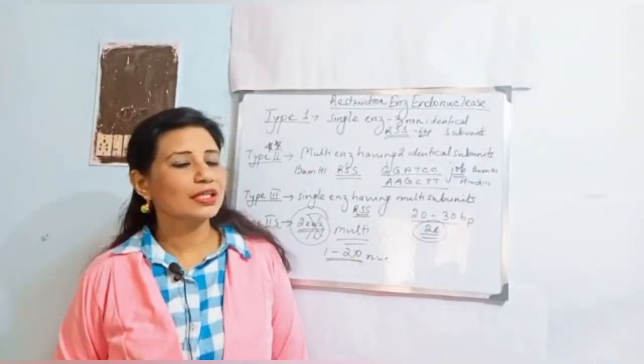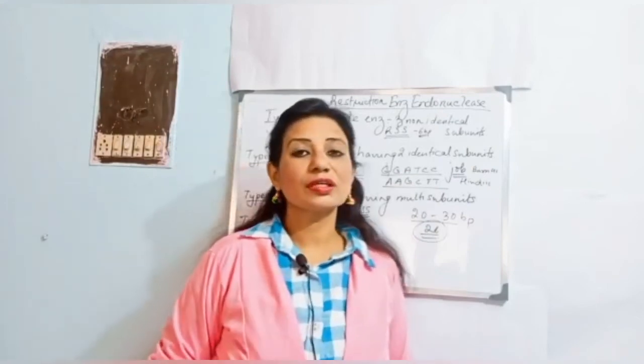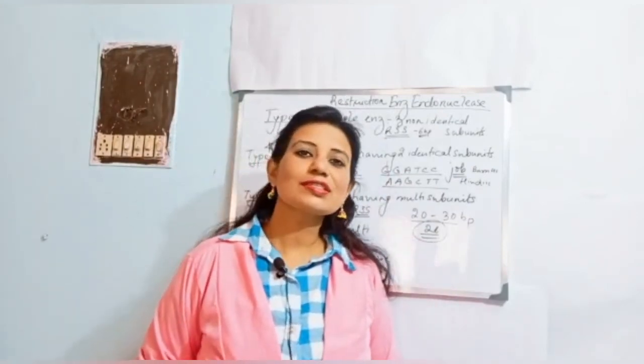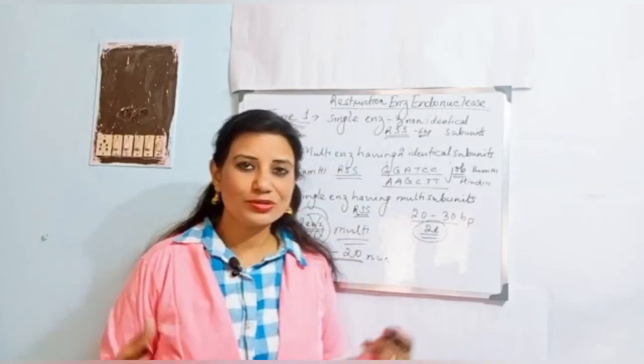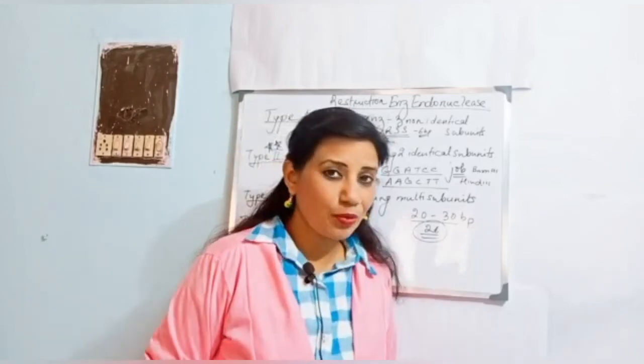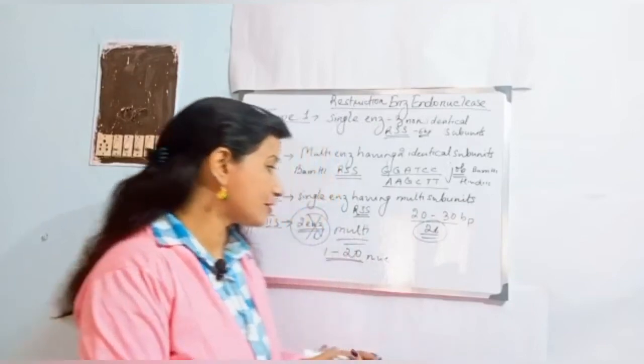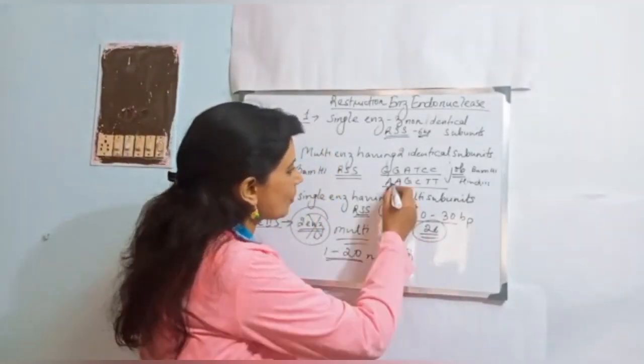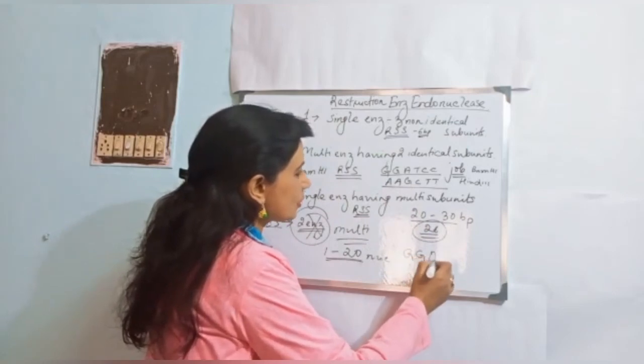Later we can have another video on this, where we can talk about isoschizomers, neoschizomers, isocaudomers, where we can talk about the source and the cleavage point, whether it is cleaving at that point or the pattern. Let me give you one tip about this pattern. Just now I am going to repeat this.